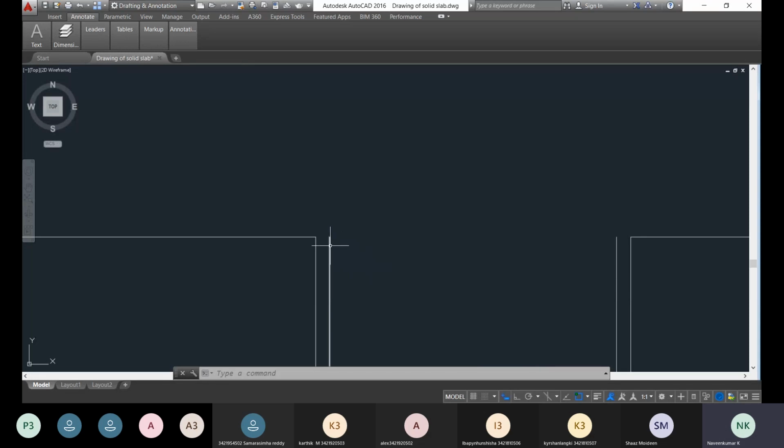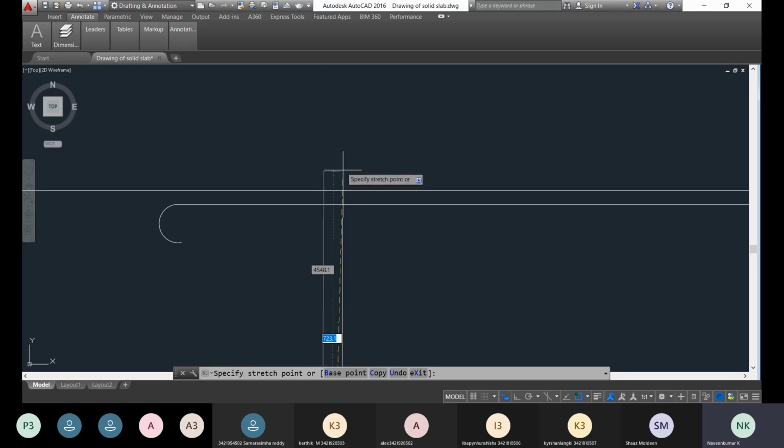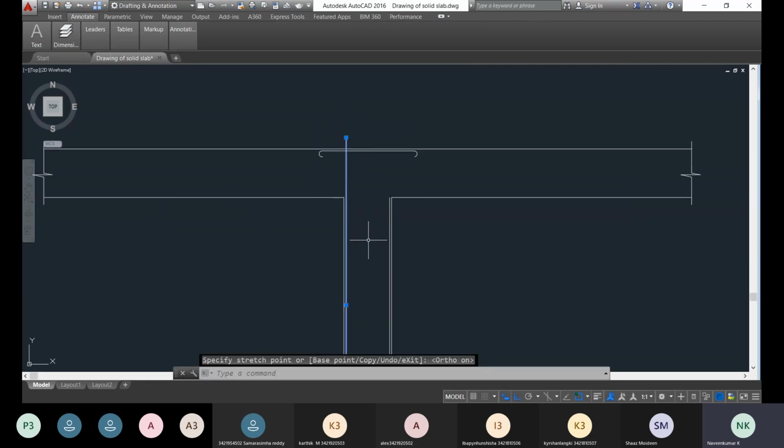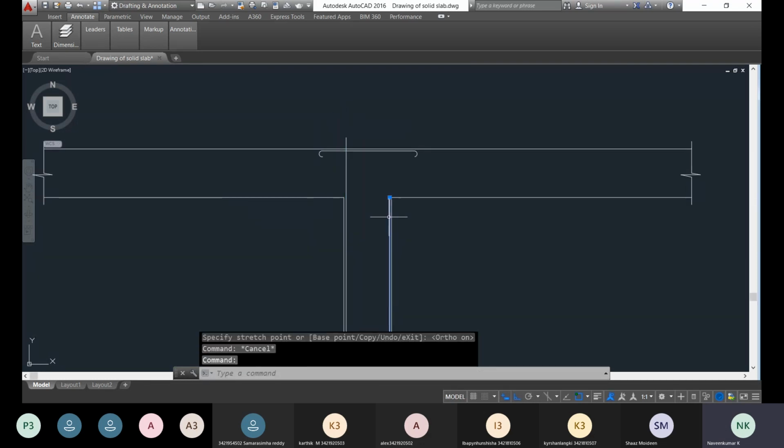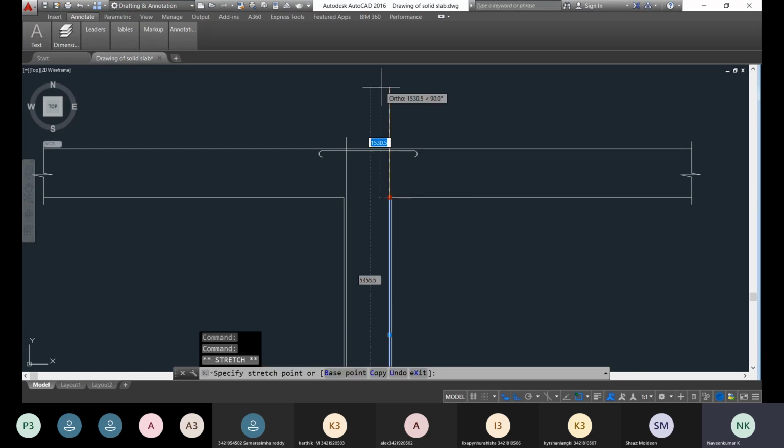Okay, so for that, how can you do it? What you can do is click the line and left click. Left click and hold the icon, and extend like this. This is the way you can extend. So you just hold the icon and extend. Similarly, extend in the other direction also. Left click and hold, and extend like this.